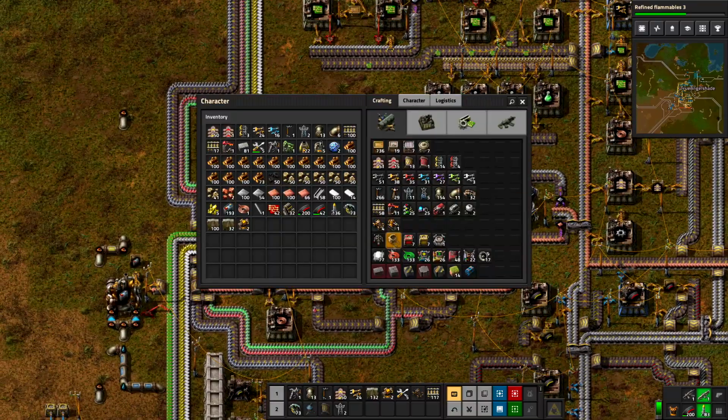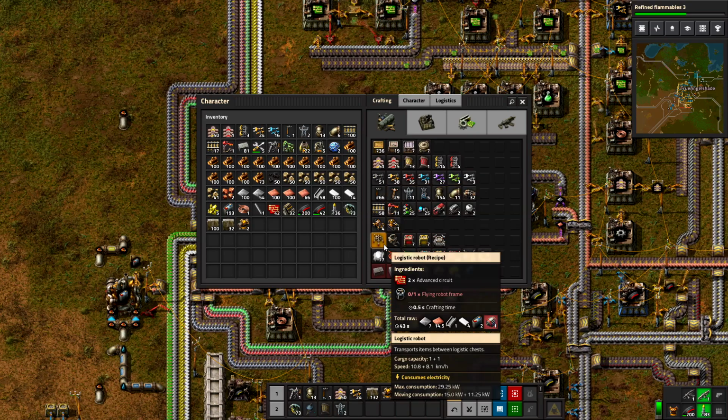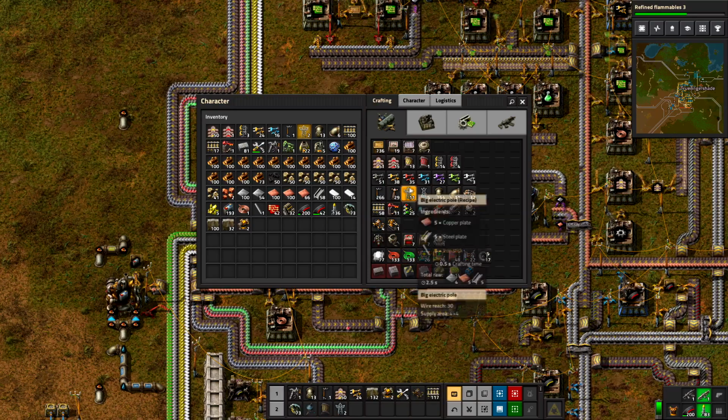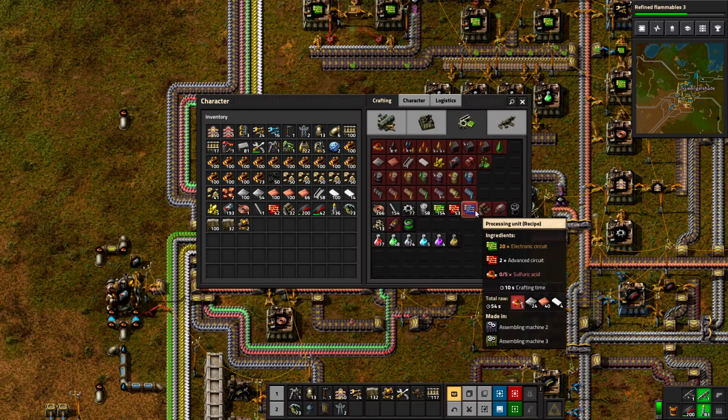How much do logistics robots cost? They cost advanced circuits and flying robot frames. Do I need flying robot frames for anything else? Anything that I need to build constantly? As far as I know, no. I can set up the production for this, but...